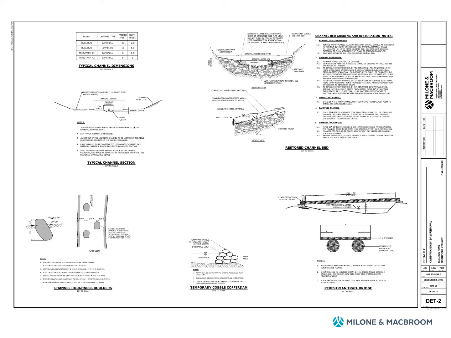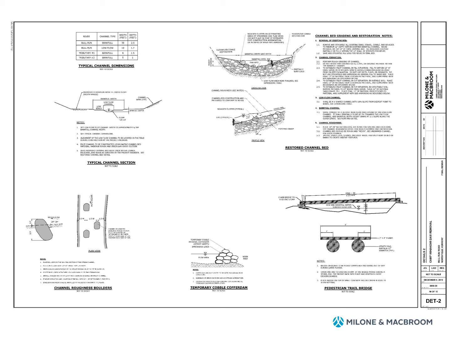Detail sheet 2 shows a lot of information about the river itself. This project is a restoration project, so we want to make sure to leave the river in the best possible position to recover to its natural condition, which means that we don't want to leave the river especially vulnerable to erosion or